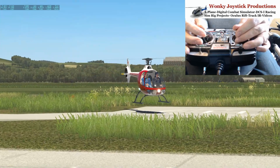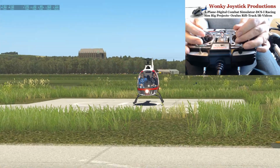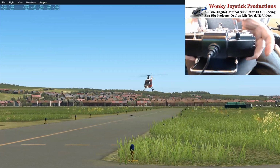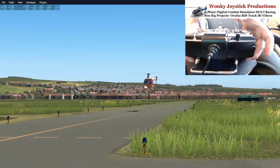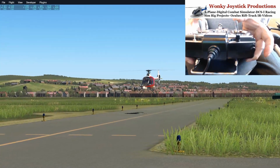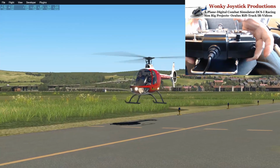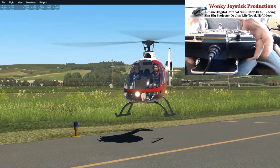So you can actually fly your X-Plane helicopters with a radio control transmitter, and some would say probably fly it slightly better. As I say, I originally bought it just because I thought it was going to be a cheap way of getting a collective and an interface into X-Plane, rather than buying the Leo Bodner board. Now I've ended up keeping this because on certain days I can fly and do a little bit of radio control stuff, and